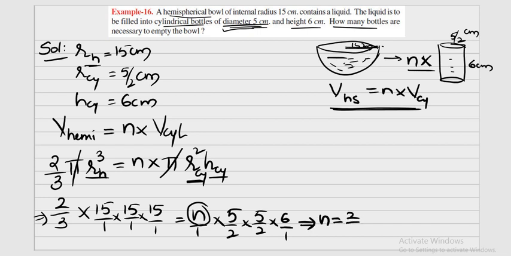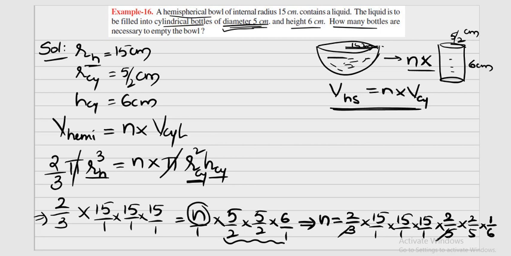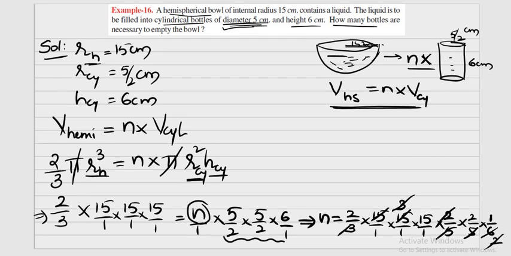So from this what I can write, n is equal to 2 by 3 into 15 by 1 into 15 by 1 into 15 by 1 into, so all these things what will happen, they get reciprocated, then 5 by 2 becomes 2 by 5 into 2 by 5 into, so that 1 by 6, so 6 by 1 becomes 1 by 6, right? Now simplifications. So this 5 3s are 15, next again 5 3s are 15, so 3 again in 6 it goes 2 times, so 1 2 gets cancelled.